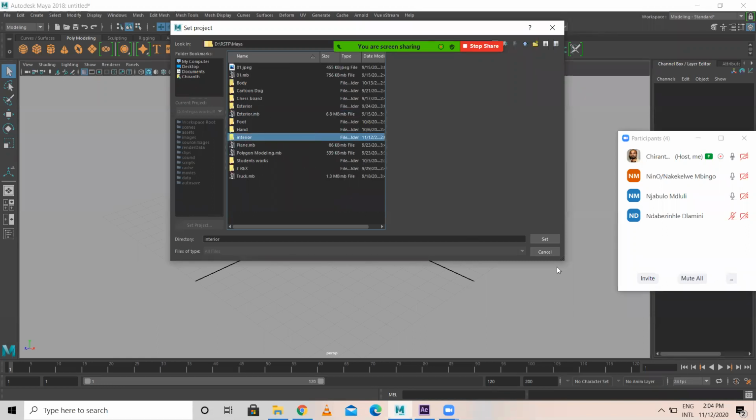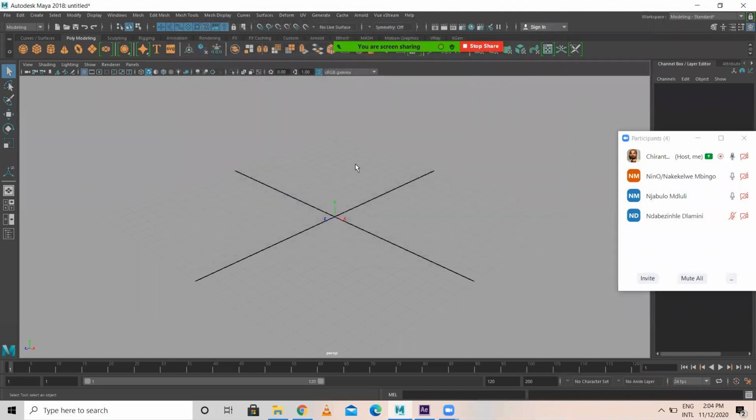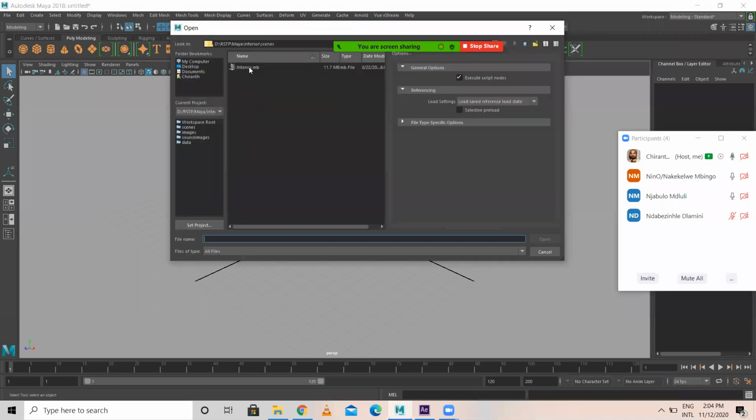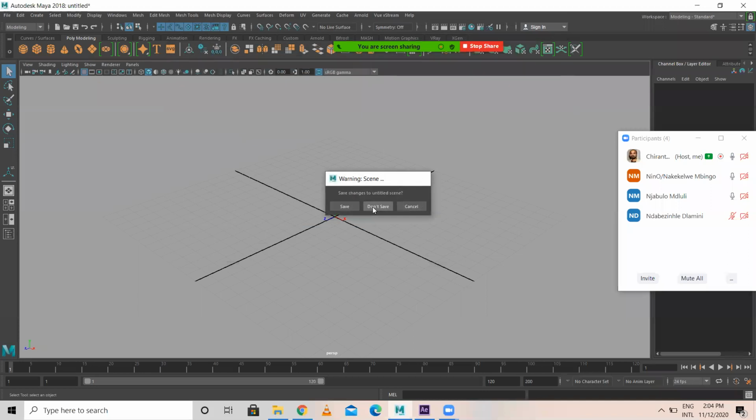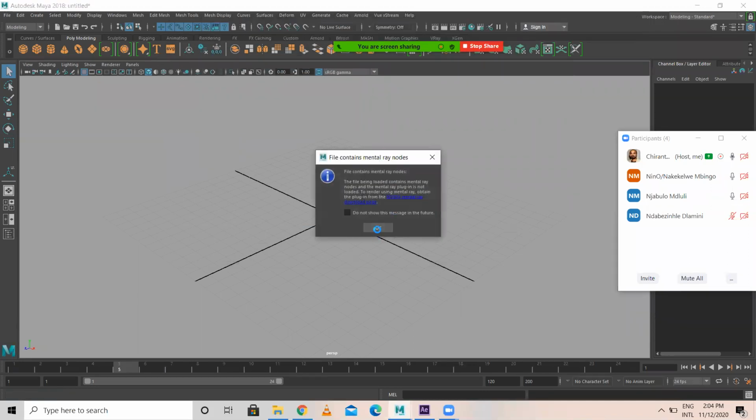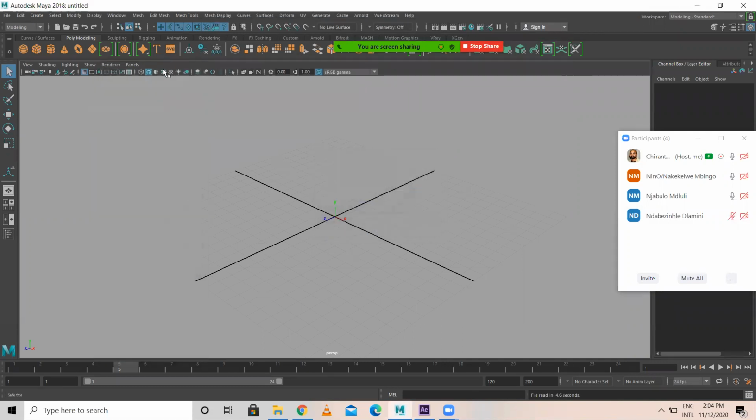Just select the folder, the interior folder which you have created as the project earlier. Then set. After this, I need to open this. Just open. After setting this, once you open, automatically in scenes it will open. Just open. So you will get your file.